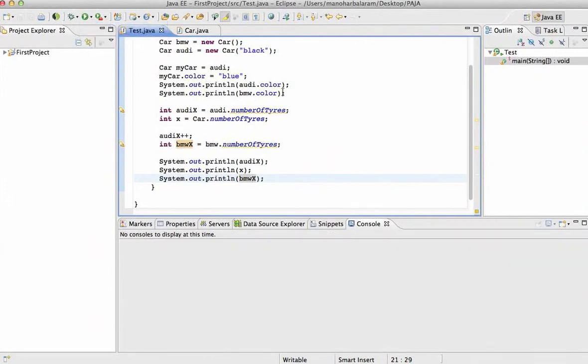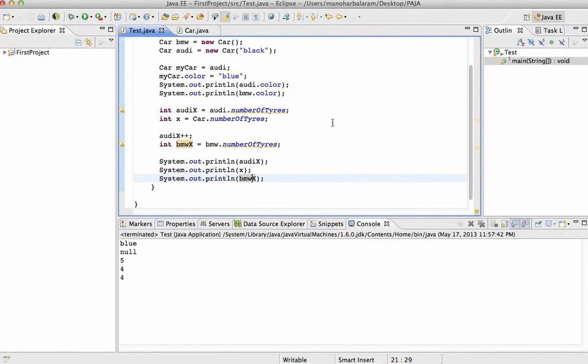Let us see what this displays. If you see, I only incremented Audi of X. The reference of number of tires is now stored in the primitive data type Audi of X. Since this is a primitive data type, if I increase Audi of X, it doesn't affect any other variables, even though all of these are pointing to the same variable number of tires. But instead, if I did this,